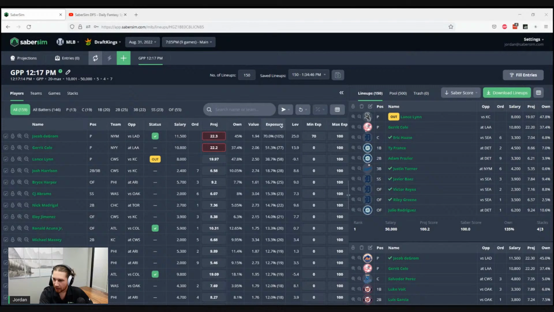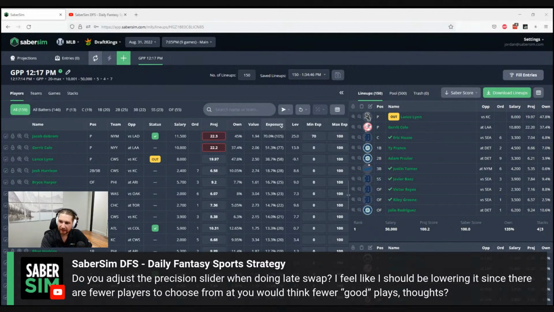So Carry Out Cole had asked a good question here and said, do you adjust the precision slider when doing late swap? I feel like I should be lowering it because there are fewer players to choose from. And you would think fewer good plays. Thoughts? Yeah. So for baseball, first of all,